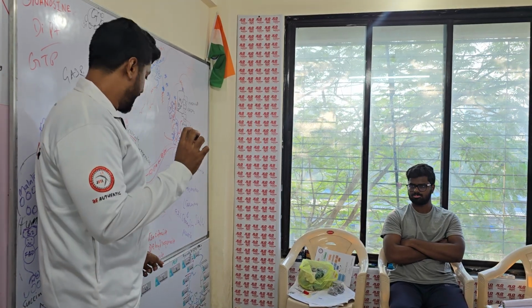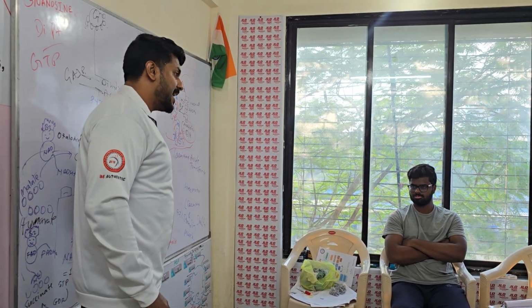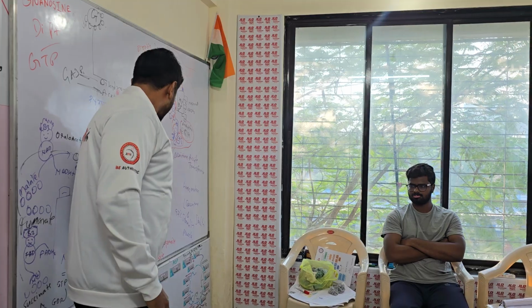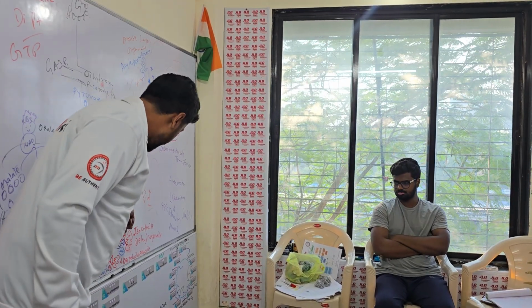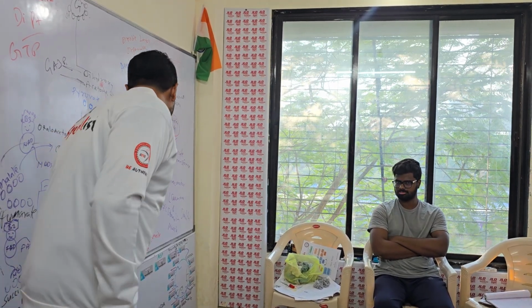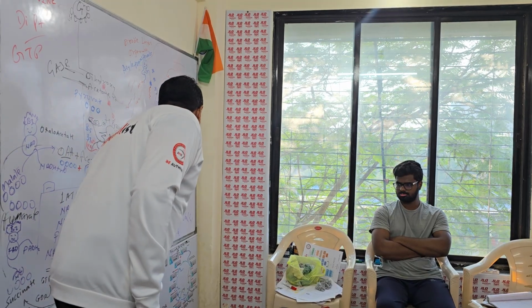It captures the hydrogen and becomes NADH plus H plus, and it is stored inside the Krebs cycle. Maybe we can consider it as an inverter battery, saving energy for the future. So one NADH plus H plus is saved there, and from there the next goes to become